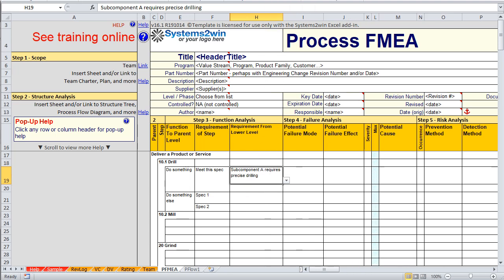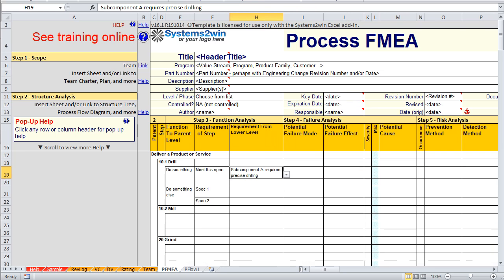Then we say, what does that child need from this step? Specifying the child right there in the same cell along with its requirements is not only radically more space effective than having 2 separate columns and 2 separate sections, but it's also radically less confusing. Try it the other way and you'll quickly understand what we're talking about. It's really hard to match up those 2 columns that are widely separated from each other. This is a whole lot easier to specify both the component and its requirements in one place.